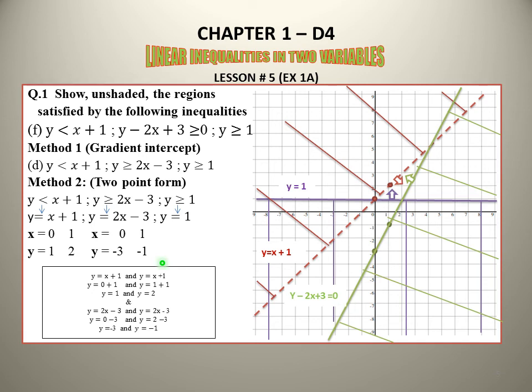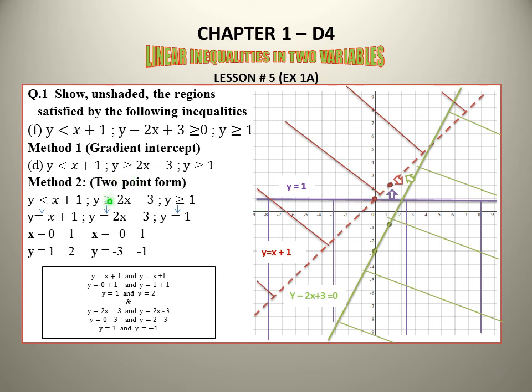You can take any values. Whenever you take two values, the same line will be obtained, because this line is horizontal and it passes through where y is equal to 1. So this is your line. Label all these, and in the same way we will find the defined region by looking at the sign of the inequalities. Less than, below the line; greater than, above the line. For less than or equal to, the region below the line is defined.